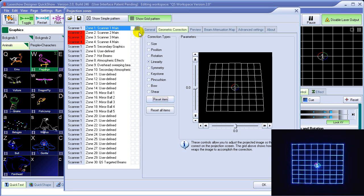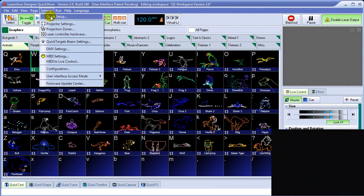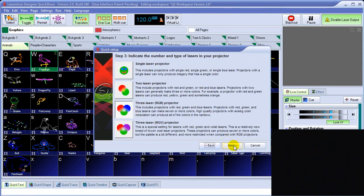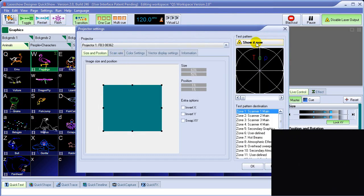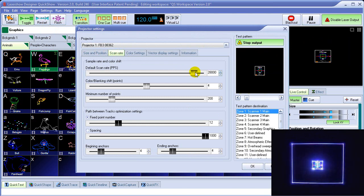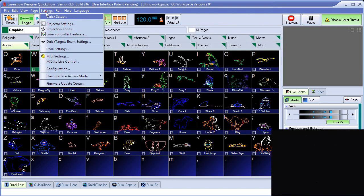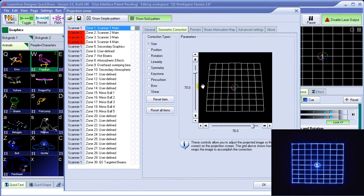And so that's projection zones. So once again, the process is that you go to Quick Setup, indicate the type of projector that you have, the type of color system, go to Projector Settings to adjust the orientation, size, and position, and set up the speed and color shift for your projector, and projection zones to get the geometric correction of the image looking just perfect